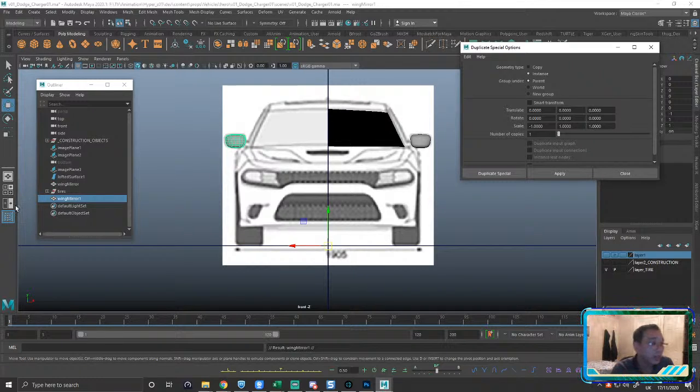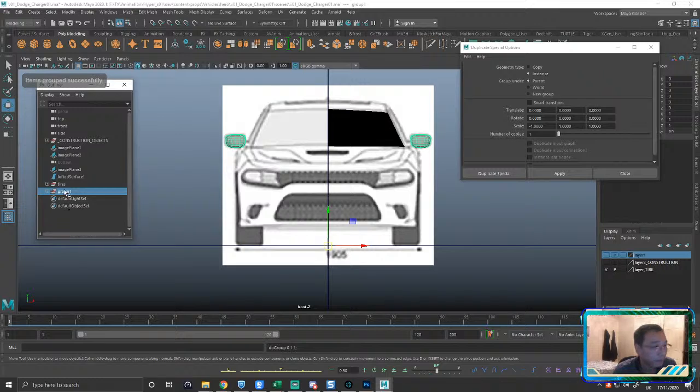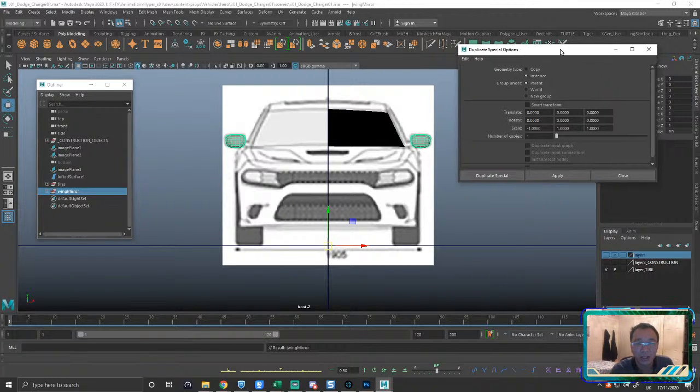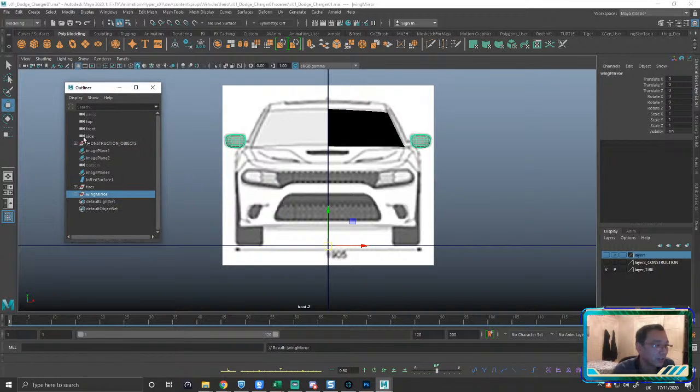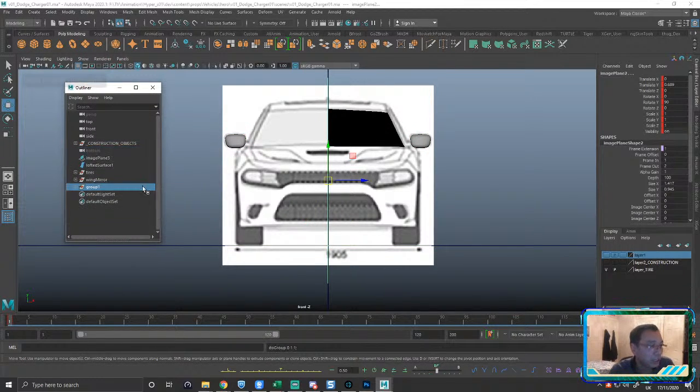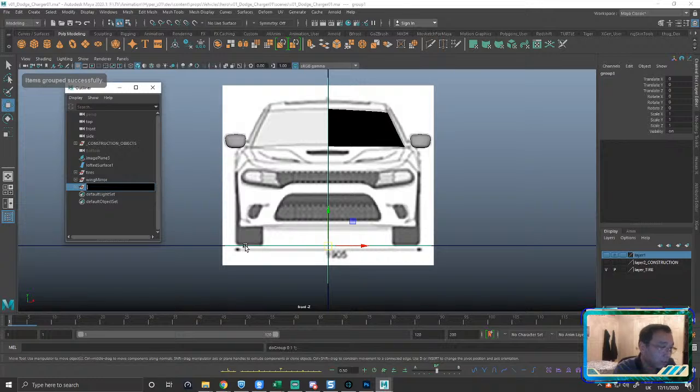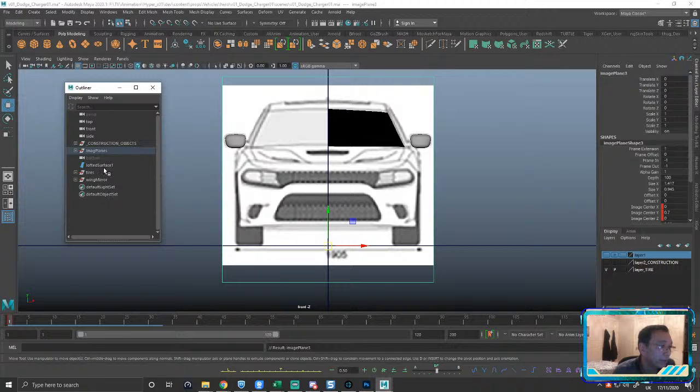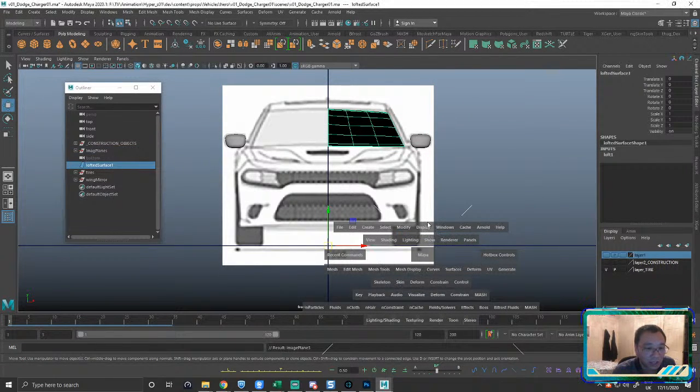The quick way to group things is, I'll show you. You grab the wing mirror, control click another wing mirror, and then hit control G for group, and you've got yourself a group, right? So this is my wing mirror. It doesn't matter if you're quite granular about how you're organizing stuff, because you can always delete groups, unparent, and do all kinds of stuff, right? So the image planes, I'm going to control G that, and then I'll put that under image planes. And I'm going to middle mouse button move it up to where my construction objects are, because that's basically what they are, right? And I'm going to middle mouse button that image plane, pop it in there. So it's just nice and kind of contained.